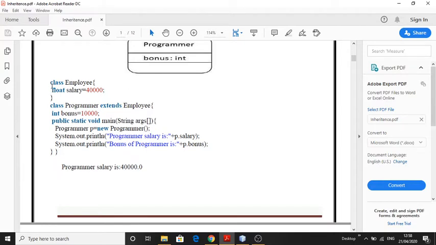Here it is very easily implemented: class Employee with a float salary, and we inherit or extend the Employee class in the Programmer. So all the data members and methods of class Employee will be available in the Programmer class, plus its own data members and methods are also available in the Programmer class.